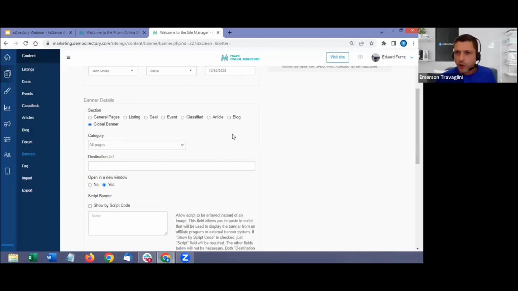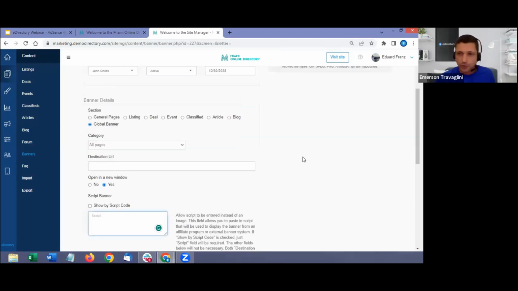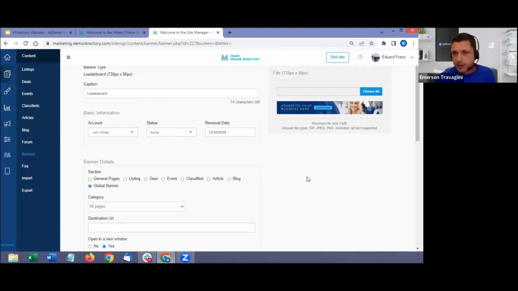So whatever slot is available, this banner will have a chance to be displayed. And if it's by Adsense, you can select here, show by script code, and paste that little code here. It's very simple to create a banner from Adsense or another provider.